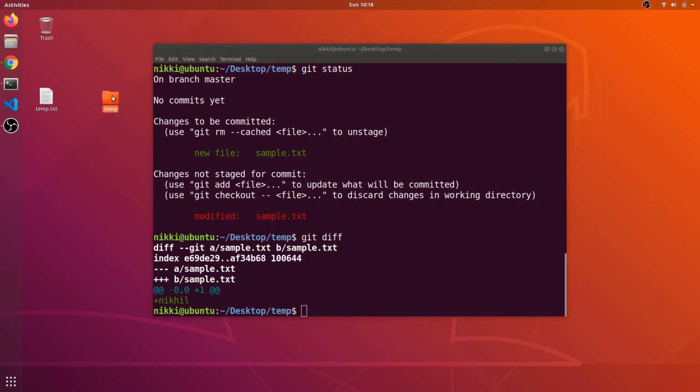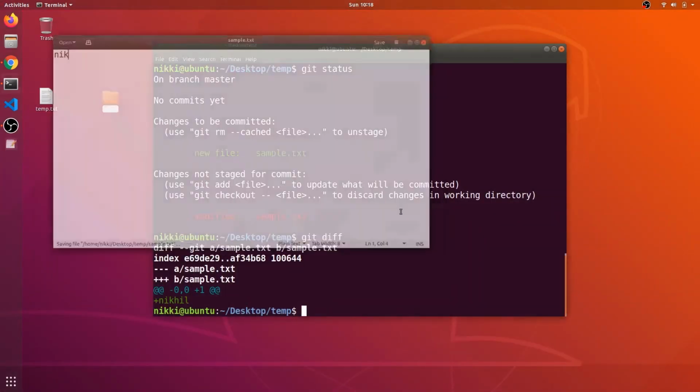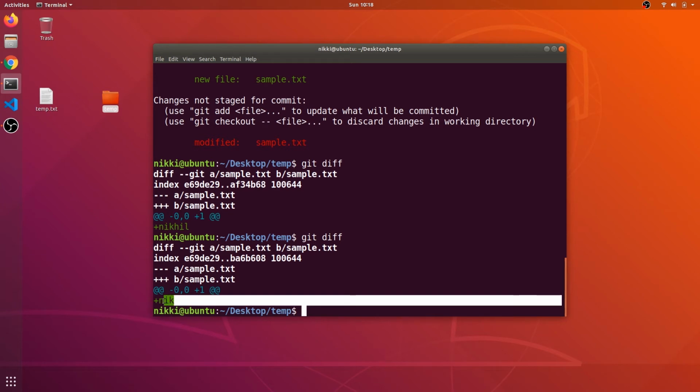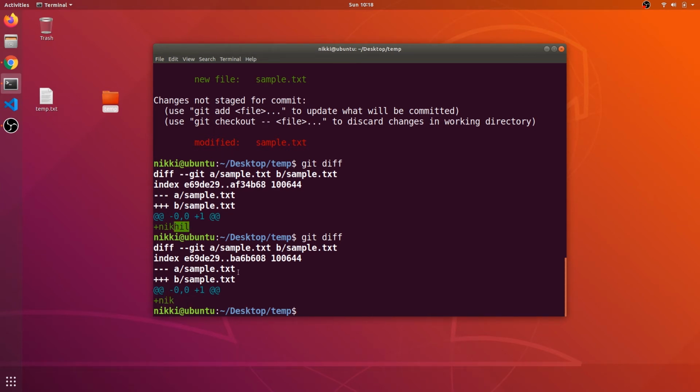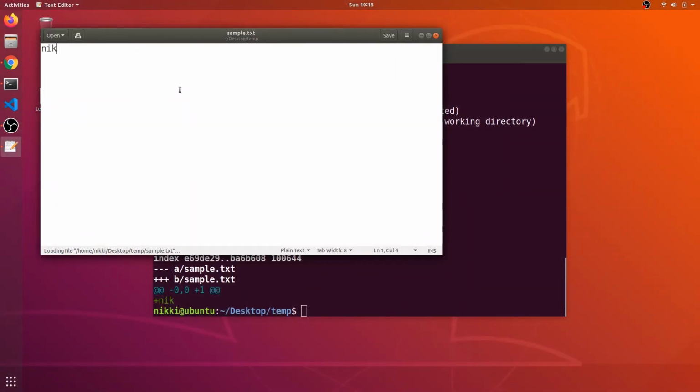Let me open it again and delete some characters, and if I say git diff again, you can see the plus Nick, but it cannot show you that you have deleted the HIL, because previously I had this empty text file. So I had the empty text file and now I have the Nick.